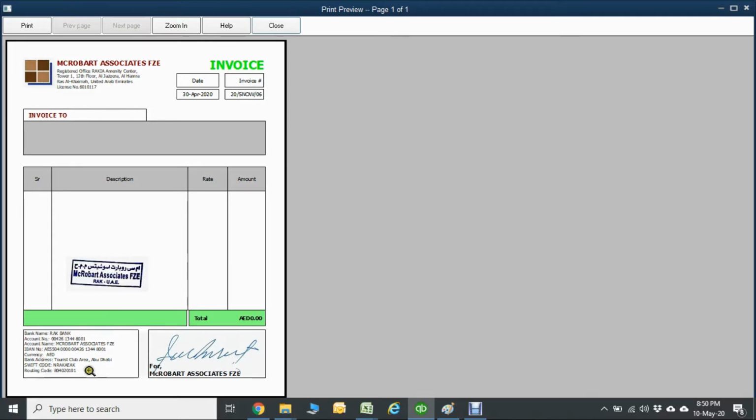And here I have put the bank address. In the previous template there was no bank address. Also I set the signature here, and then the total. All fonts I made my favorite, Tahoma font, which I like most. I use it in all my reports. Now I will go back and show you how to make it.